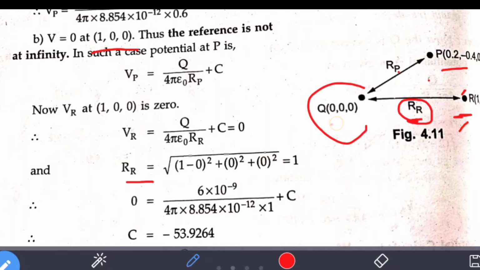All are zeros here, and x1, y1, z1 is (0, 0, 0), the origin where the charge is located. And R is (1,